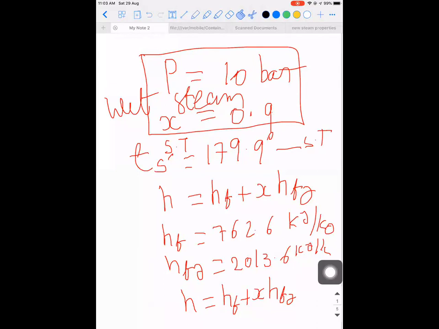Okay, we'll continue from the last class. Last class we were asked to find various values for different